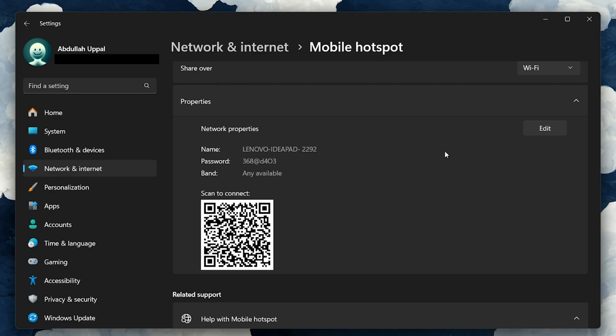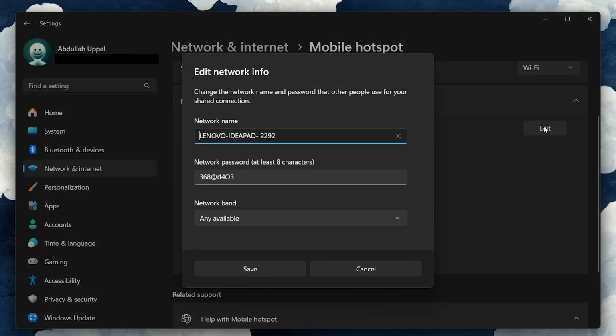After selecting your sharing preferences, you see a section called Properties. Here, you can set up a name and password for your hotspot. The name you choose will be the network name visible to your devices, and the password will protect access to your hotspot. Choose a name that's easy to recognize and a password that's secure but also easy for you to